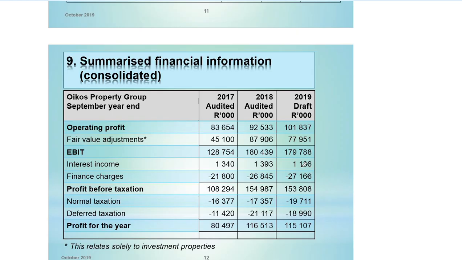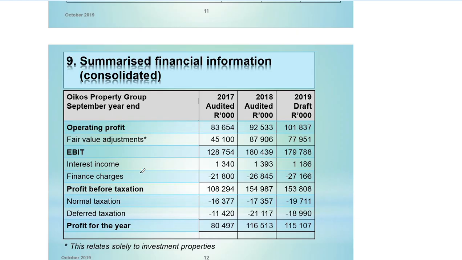If it's not the case, remember the interest income is made up of the balance times the rate of income, or the percentage return, that you get. It might be that the percentage return has reduced. So those kinds of questions are popping in your mind just for understanding. You see that the operation of the company was doing well from 2017 to 2018. However, when you look at 2018 to 2019, there seemed to be a decline in some of the income of the company. Funding charges, when you look at them, keep on increasing each year.